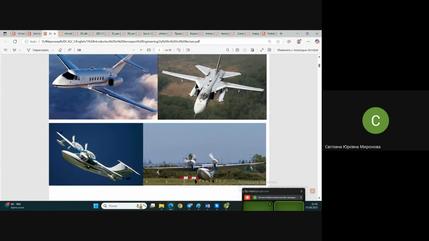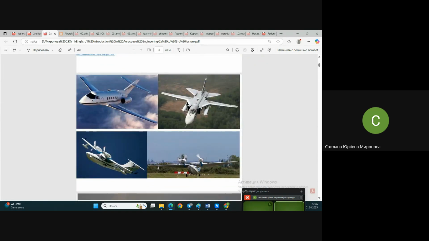But whatsoever prop, it's already a signal to you. This airplane flies with little speed, comparatively little speed. In all the cases, it comes about air-breathing engines, and it means that they are flying somewhere at heights not higher than 10, 12 kilometers, and certainly this one may fly higher because of the jet engine. You do remember the areas of operating of engines: piston engine, around 5, 6 kilometers near the ground, and with a speed up to